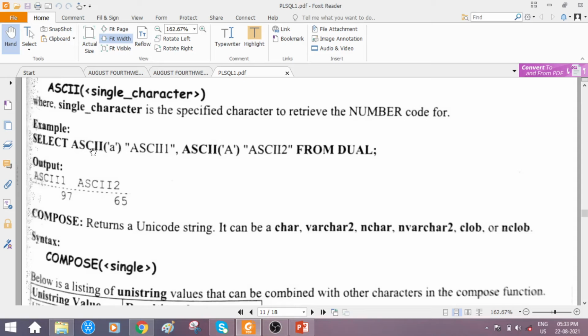Like one time you have used ASCII, the other time you can make use of ASCII or any other string function, like lowercase, uppercase, lower, upper, substr, anything like that. So here another ASCII is used, and observe within parenthesis, again one single character is entered as an input, that is capital A you are finding, and this function will return a numeric ASCII code. And just check here, the output of this function has to be viewed under which column heading? ASCII 2, which is provided within double quotes, followed by the from clause with the table name dual.